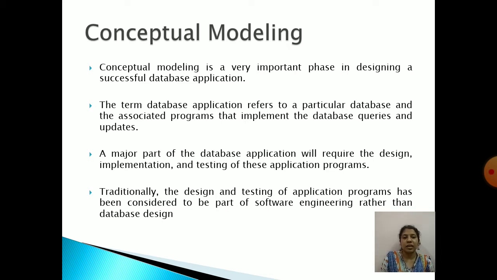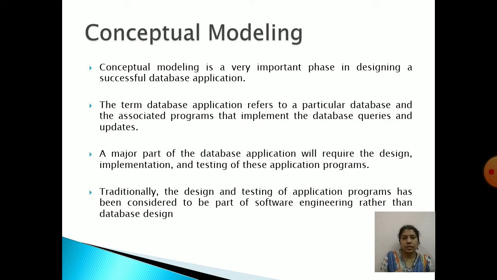So these are mainly the part of software engineering. Okay, it will be considered as a part of software engineering. So application program design, implementation, testing, these things come under software engineering. Okay, it is not related to your database design.